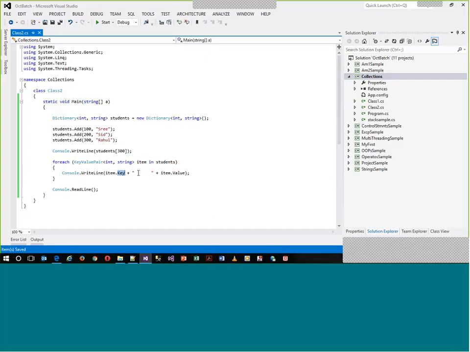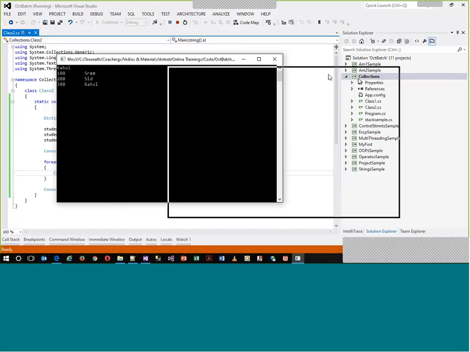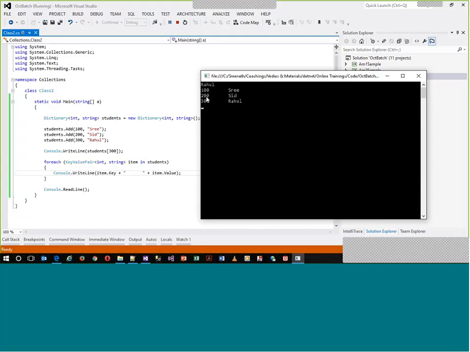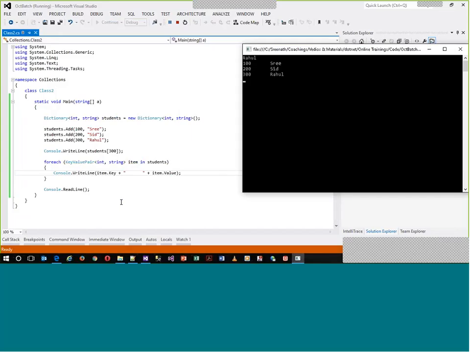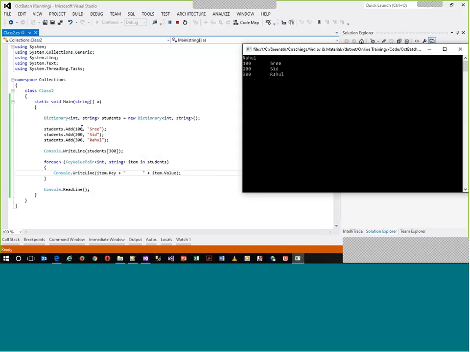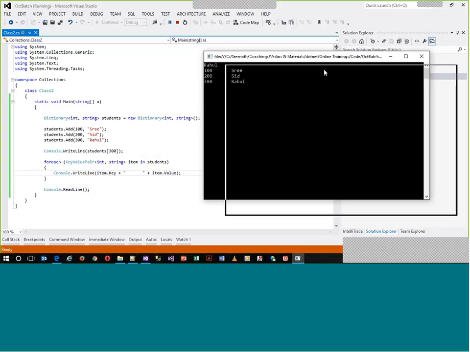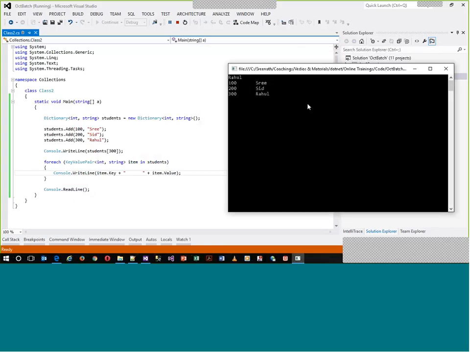These are to read a key and read a value. You can see all the values 100, 200 and so on. So this is how, if you want to iterate, you can iterate your dictionary and get your data. This is how we normally get the actual details out of a dictionary.